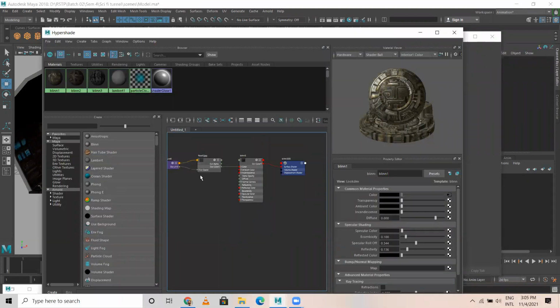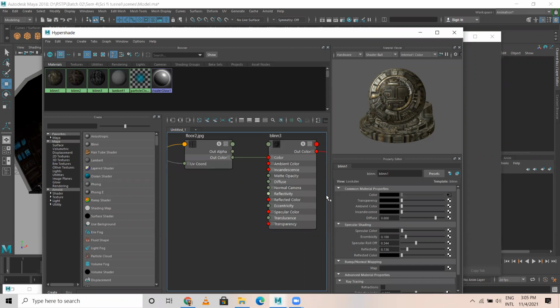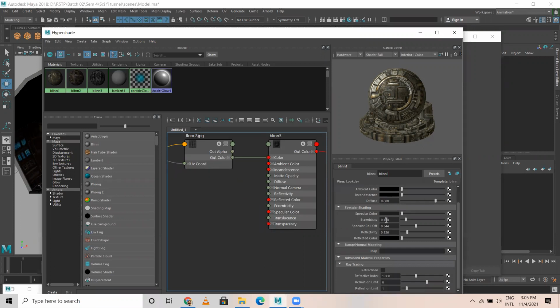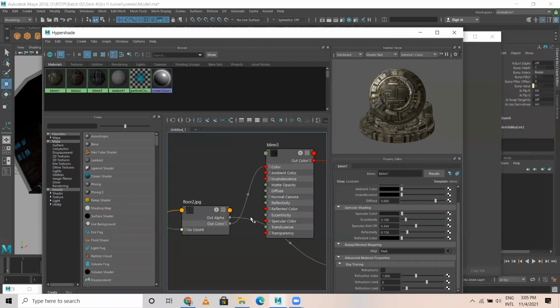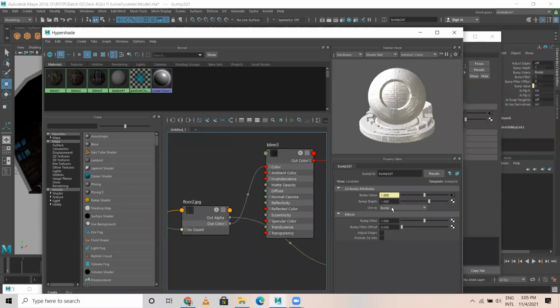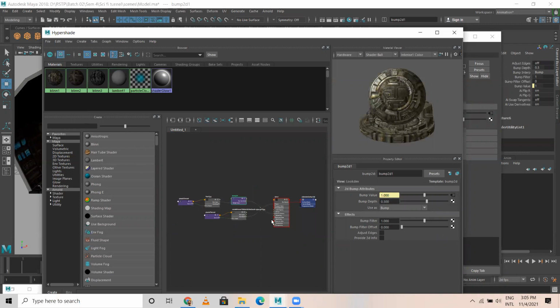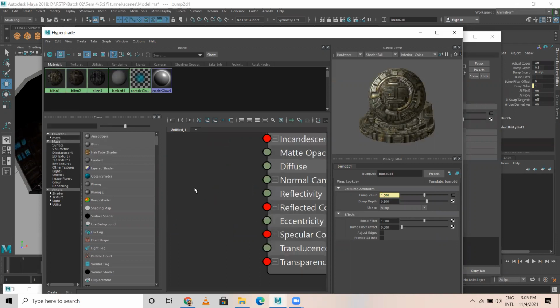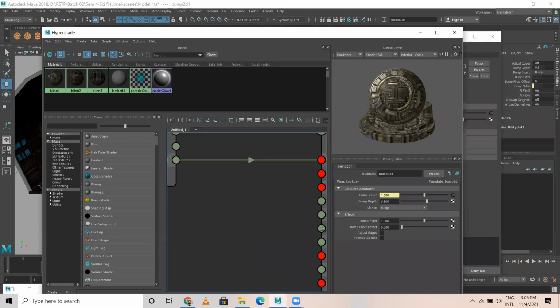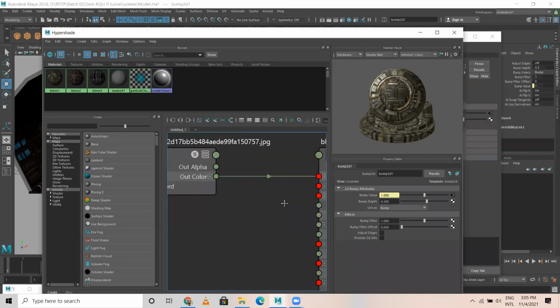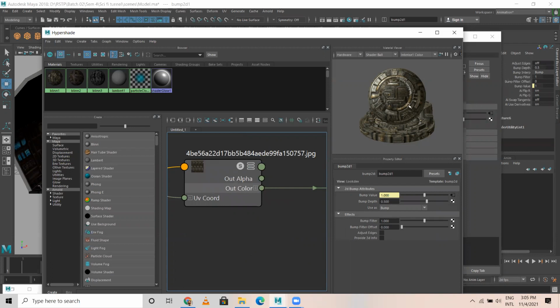This is the floor 2 texture. This texture I would like to apply for the bump as well. I'll come over here at the bottom, drag and drop this to bump map. Okay. This particular floor texture. Bump depth, I'll give 0.5. One more time, I'll show you. Not this one. Okay, this particular texture.